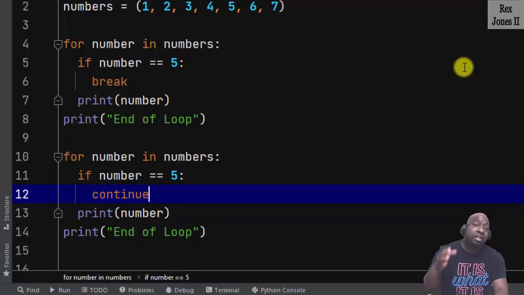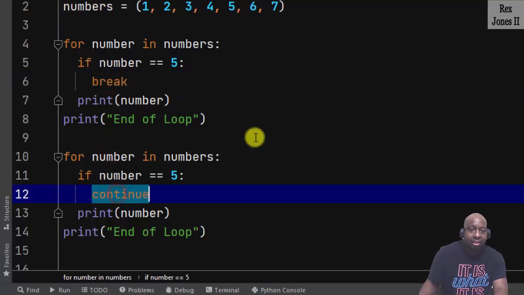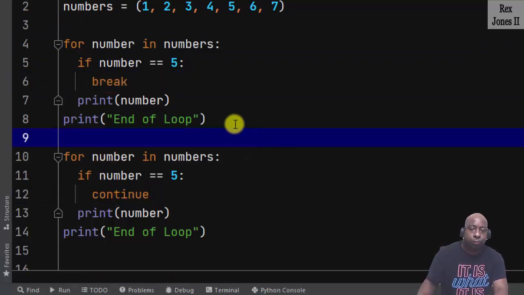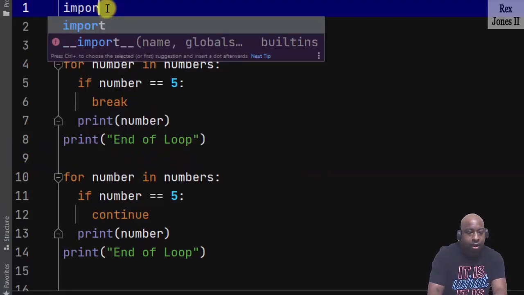Python has a list of keywords that's reserved only for Python. Therefore, we cannot use words that are reserved for Python for a variable name or even for any other kind of identifier. For example, do you see all of the keywords written in orange? For, in, if, break, and continue. Those are keywords. To see a list of the keywords, we can import